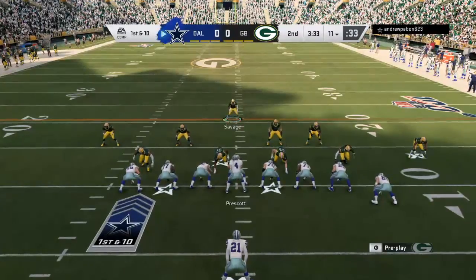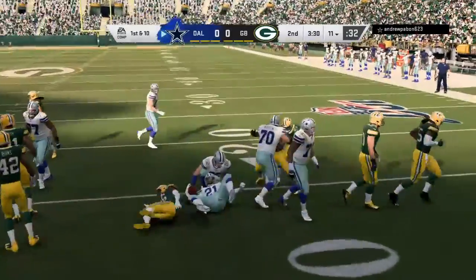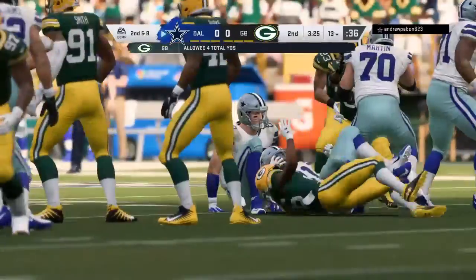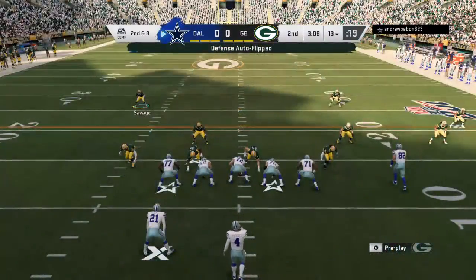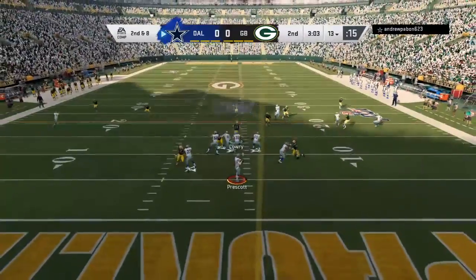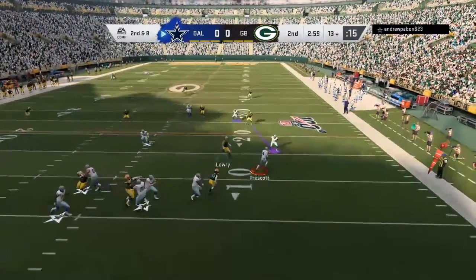So Prescott and the Cowboys now with a 1st and 10 at their own 11. Pretty nice work defensively there on the first down run as they hold him to a gain of a couple. 2 yards on the carry there. It'll be 2nd down. Well, we saw them there trying to get it to the outside, trying to get to the perimeter, but not a whole lot of room there. But there's got to be one positive to that. If you keep moving laterally, creases tend to develop as the game moves on, and they can run it back